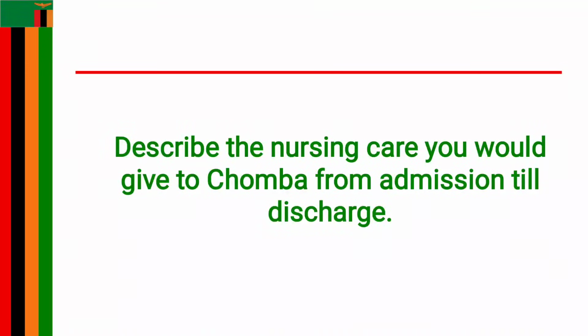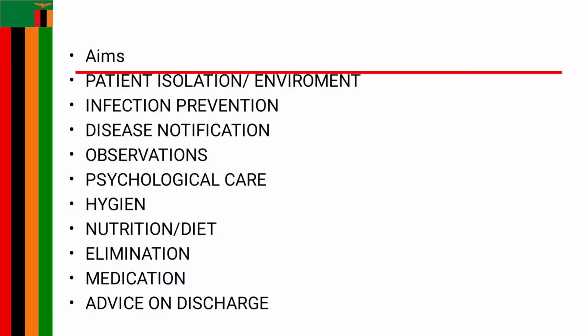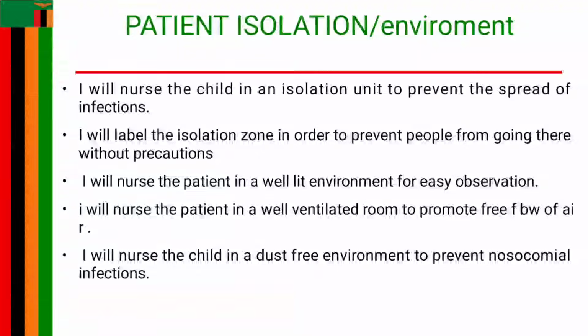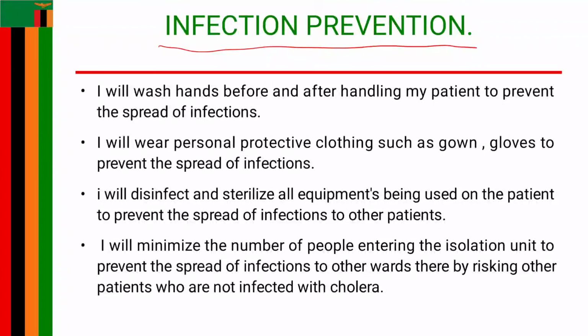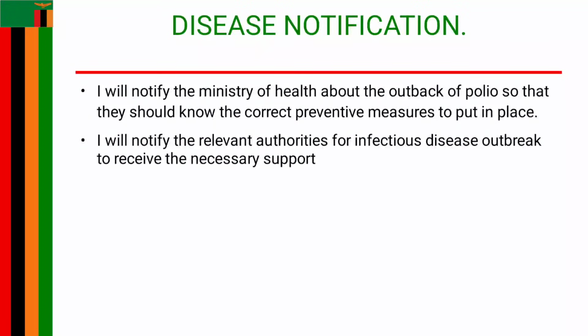The next question says, describe the nursing care you'd give to Chomba from admission until discharge. Here you talk about aims, patient isolation, a conducive environment, infection prevention, disease notification, observations, the psychological care that you give to the mother, hygiene, nutrition, medication, elimination, and advice on discharge. So these are the details that you can use as you write the nursing management